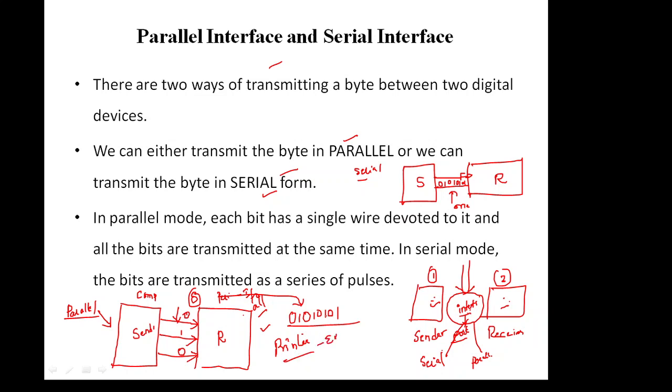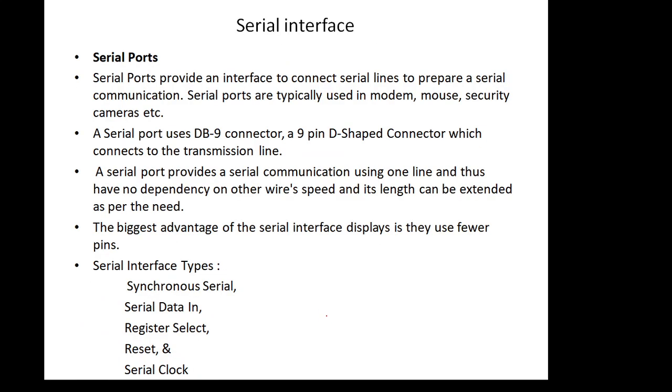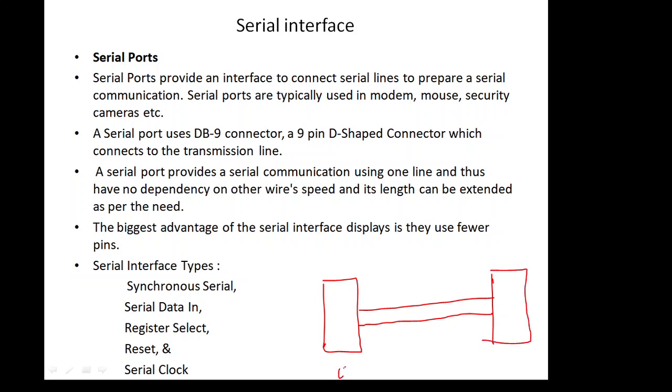In these serial and parallel ports, you have transferring of data from the computer to the peripheral devices. When it comes to the serial port, as I have said, only one communication channel will be there. We transfer the data in this channel only. A single wire or a single cable will be there. This is the computer and this is the peripheral device, whatever it may be. Here we transfer the data through the serial port.